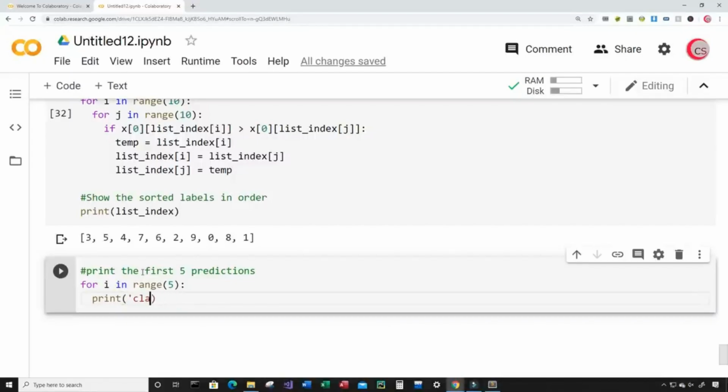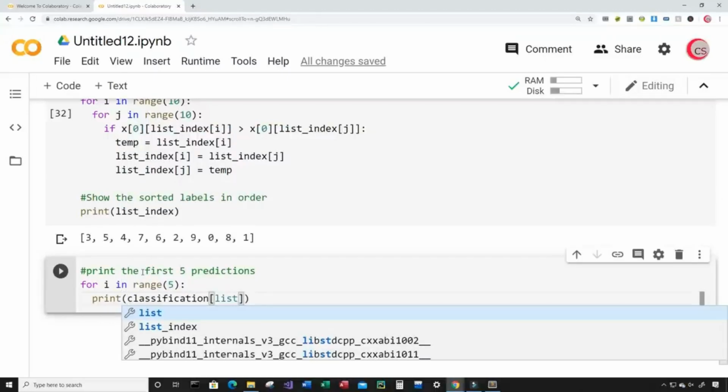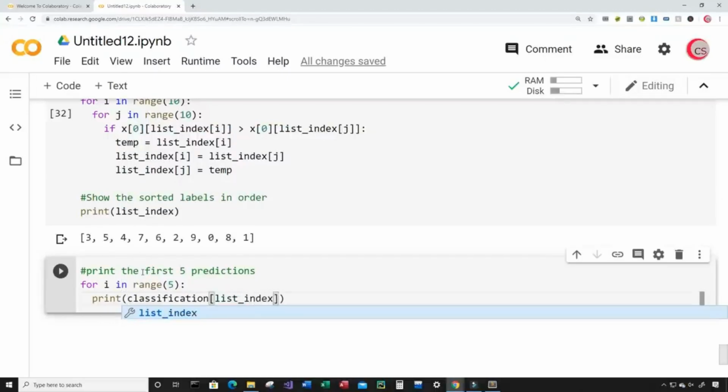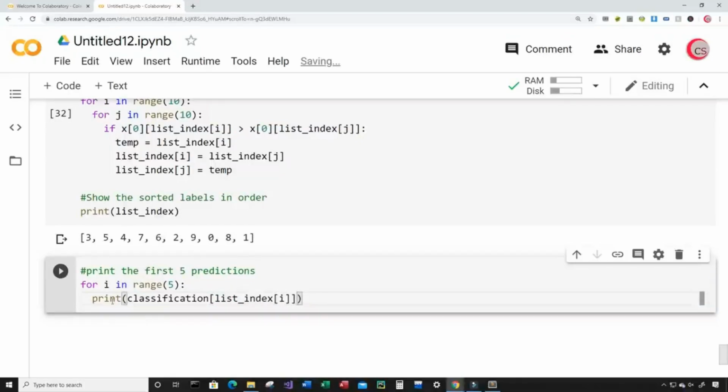Let's just print the variable here. So I'm going to print the classification at position list underscore index i. Okay, and if I run this,